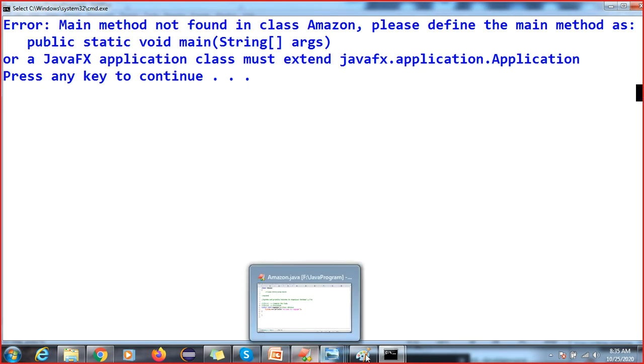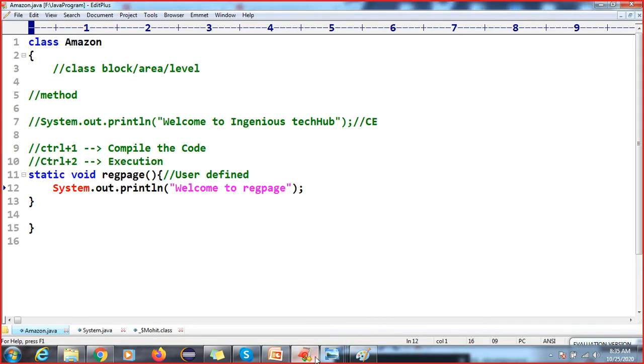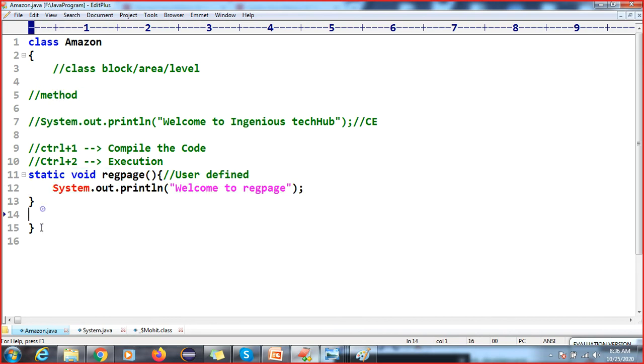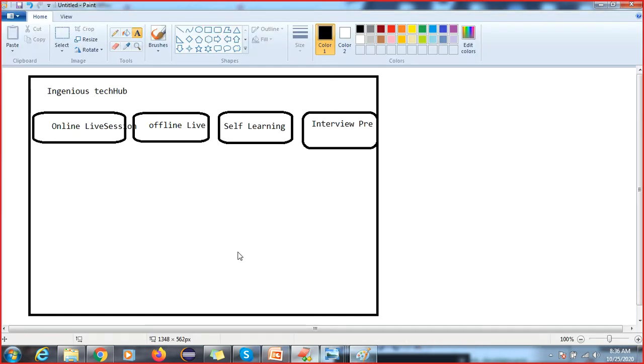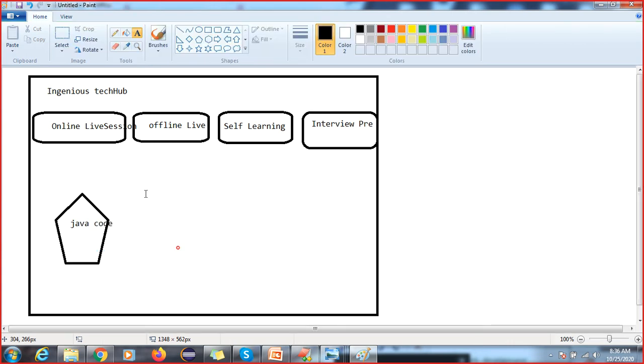Okay, so I'll tell you one more thing. You will learn one more thing here. This is your user defined method. Let me go here. This is my Java code.